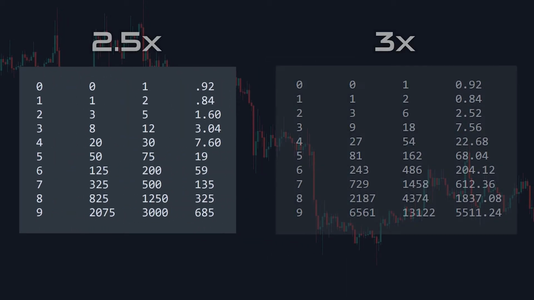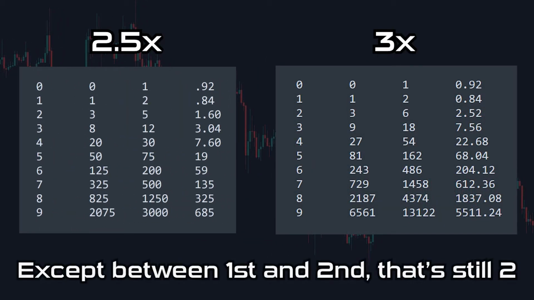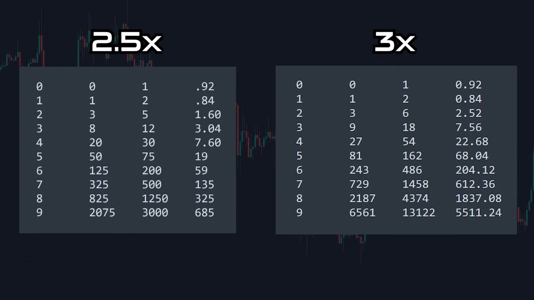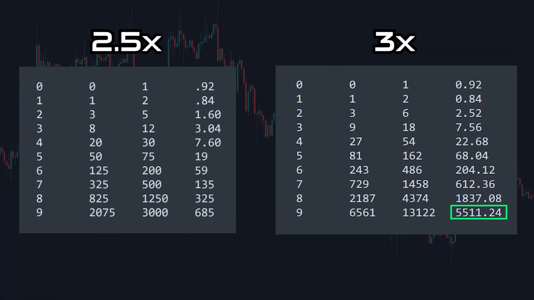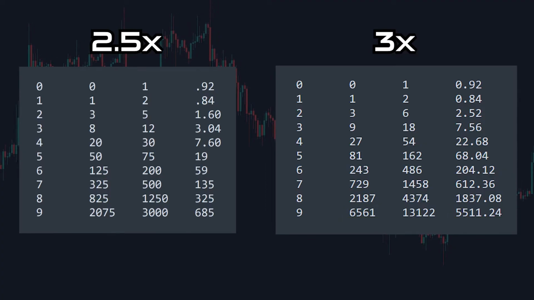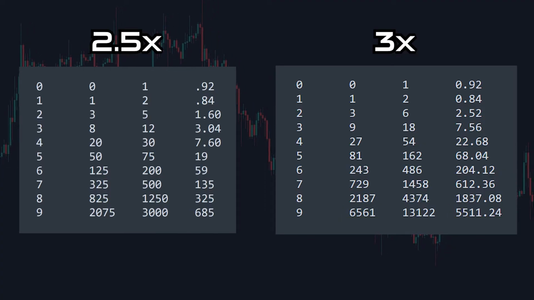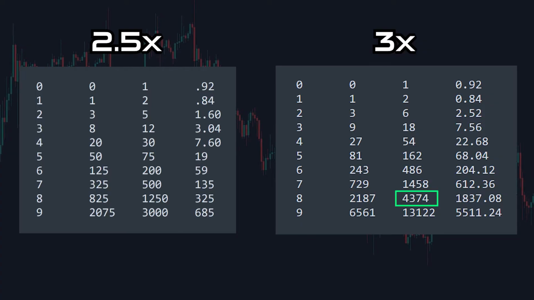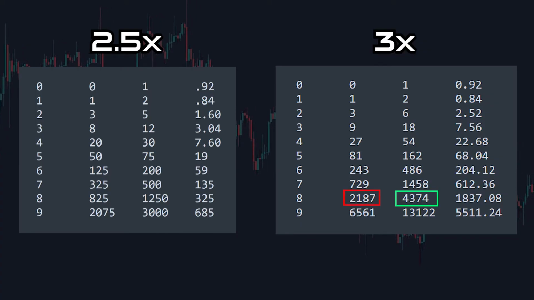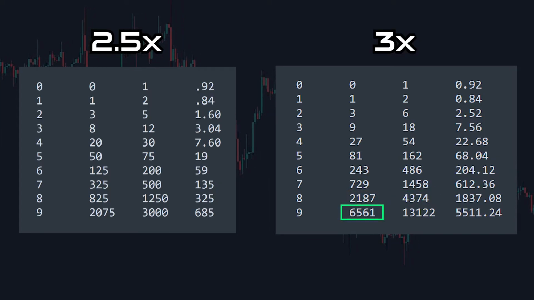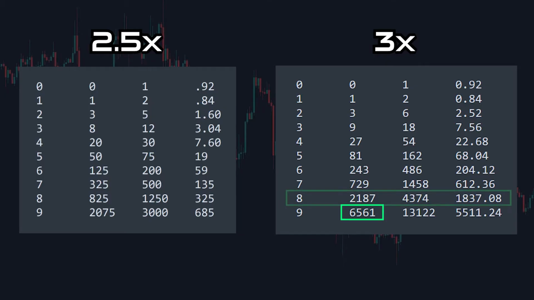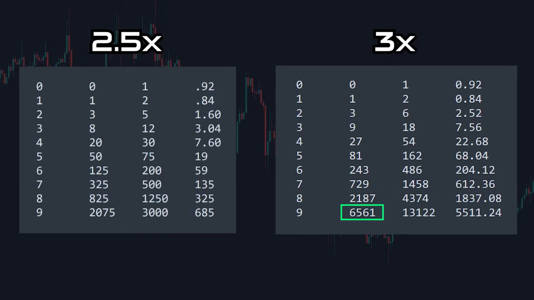Let me show a different cheat sheet, where the multiplier is 3 instead of 2.5. I guess it looks more appealing than the previous one, as the potential gains are close to the cumulative losses. Though for the 9th trade, after 8 losing trades in a row, you need $4,374, but also you lost $2,187 prior to it, so you need more than $6,000 in total to be able to place the 9th trade. The same amount with the cheat sheet on the left is just slightly more than $2,000. That is quite a difference.